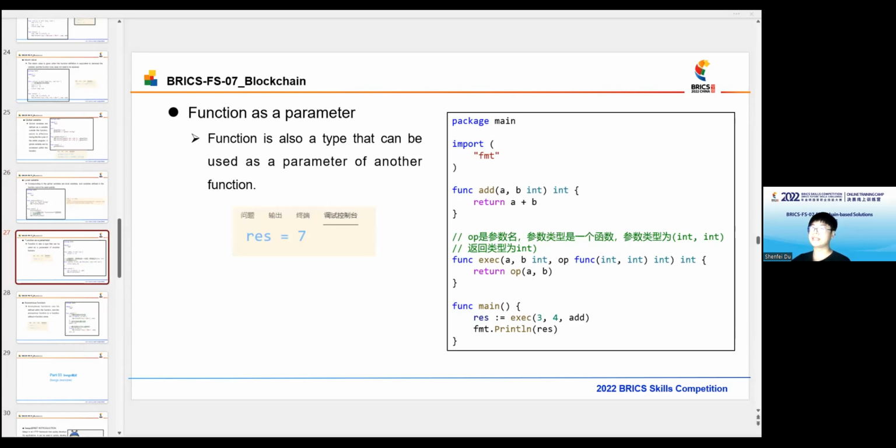Function is also a parameter. It can also be a type. It can be a parameter of another function. And in the Go language, we can understand it as a type of function. For example,